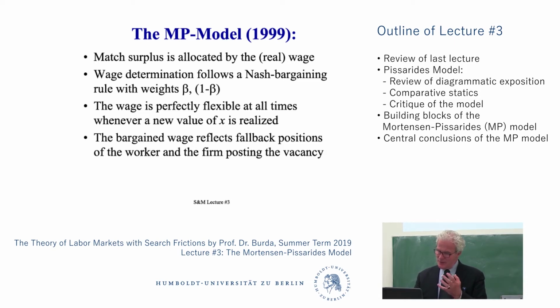The wages, and that's why we talk about the mutually assured match destruction, means that the wage will always allocate whatever surplus is left in the match, and if things get really bad, the surplus of the match goes to zero. Right? At some point, we just say, let's call it quits. Okay, so in some sense, the workers will actually give back wages, they'll take wage cuts in this model if things get really bad, up to a certain point.